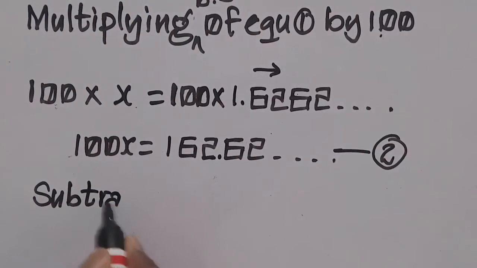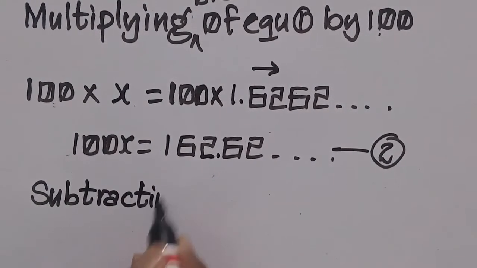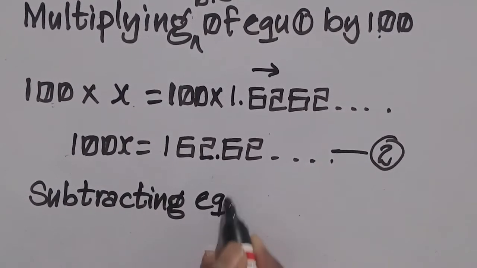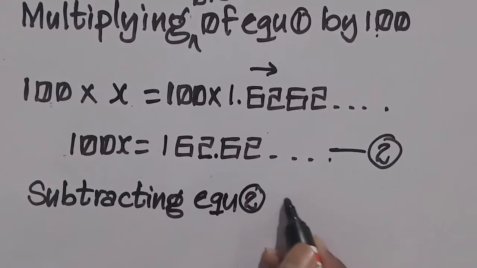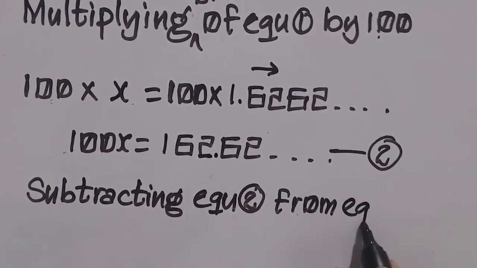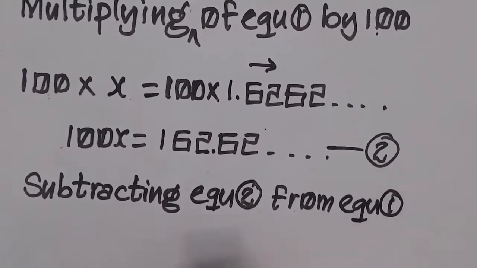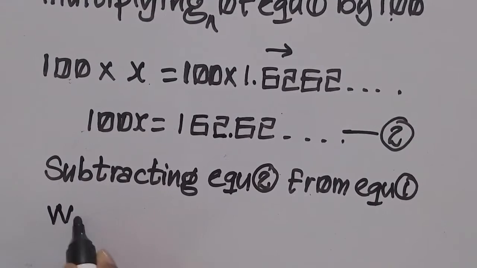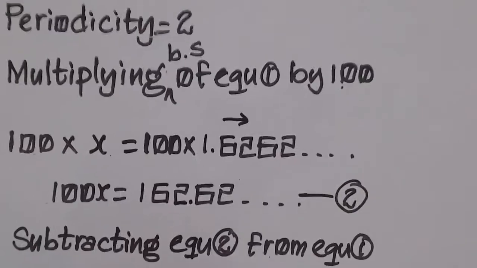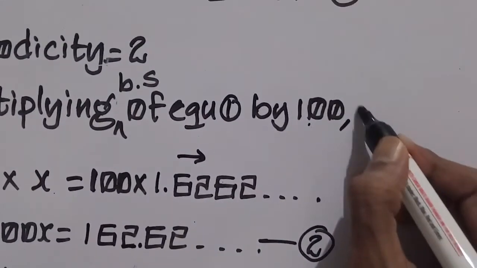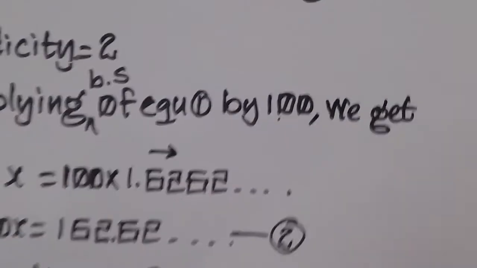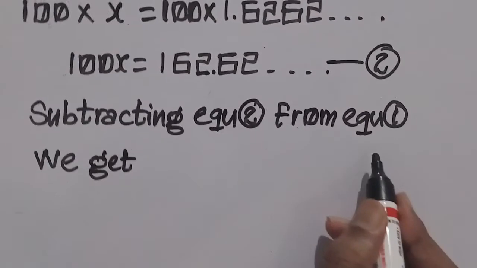equation 2 from equation 1 we get. Here subtracting equation 2 from 1 we get